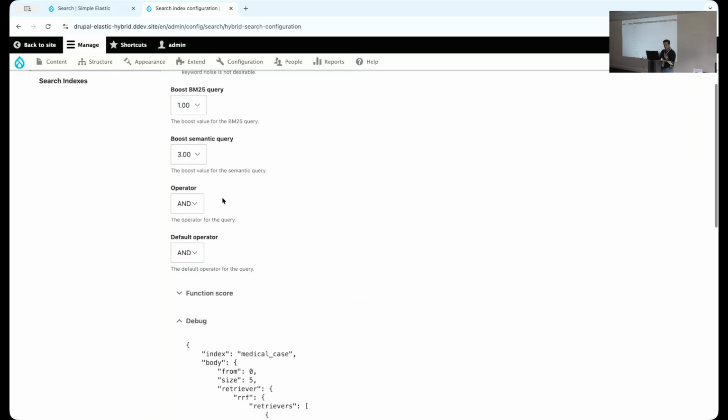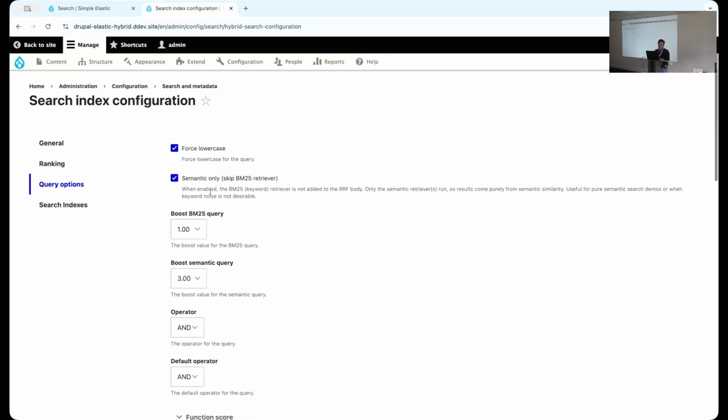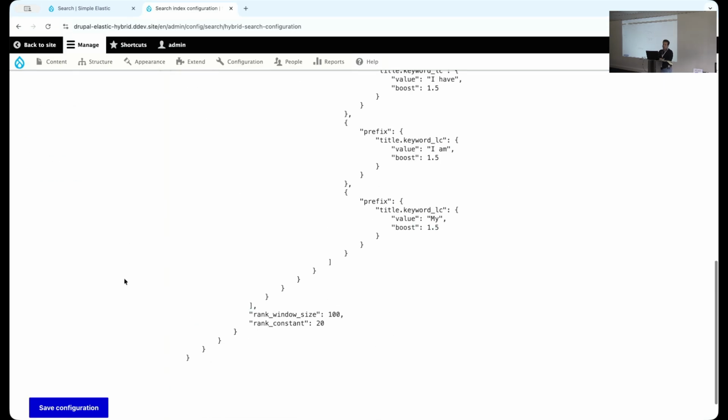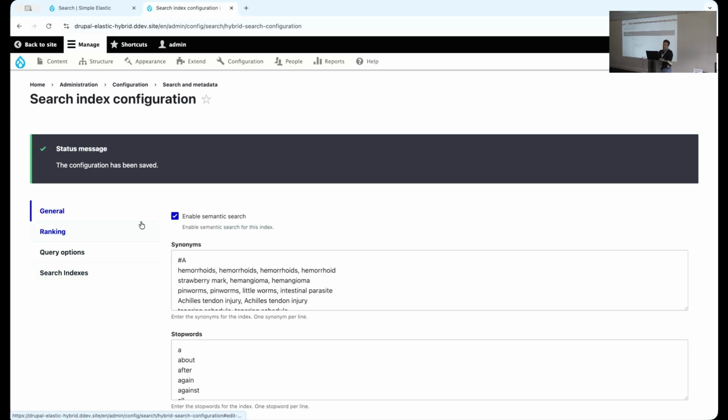Let me do the demo here, because if I do this back and forth again, it's probably going to be problematic. Let's disable this one, save configuration. So now what I disabled was the semantic. Now it does both: keyword search using BM25. BM25 is, I think, an algorithm that basically gives the score of how related a keyword is, if it's matching or not.